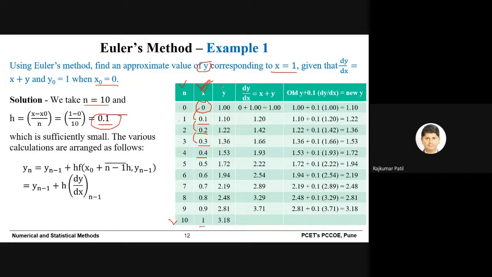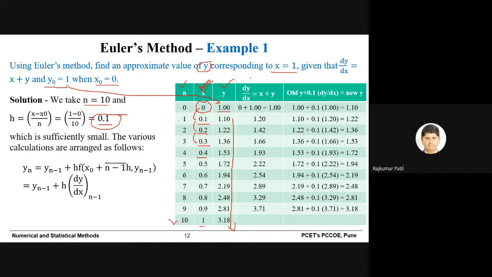Then in column number 3, the value of y is there, and initially you will have only the value of y naught, that is 1, because at the beginning only the initial conditions are given to you. So y naught is 1.0, and the remaining values you need to calculate, and how to calculate that will be discussed in the remaining columns.